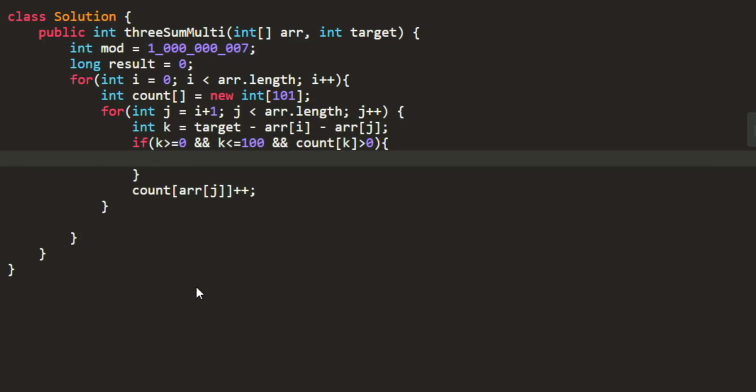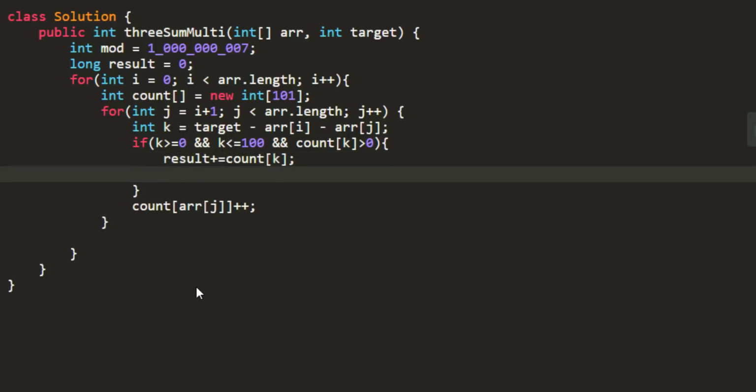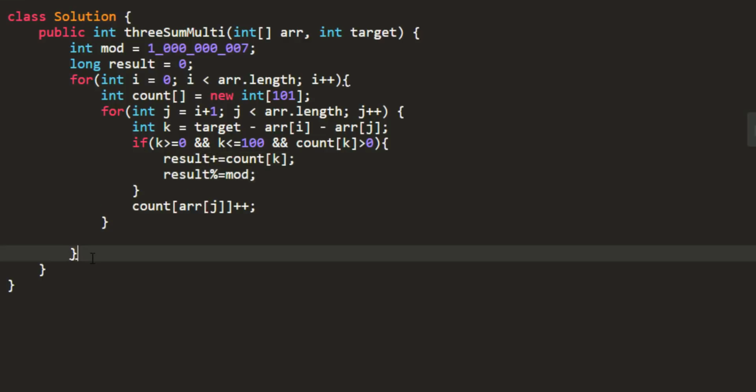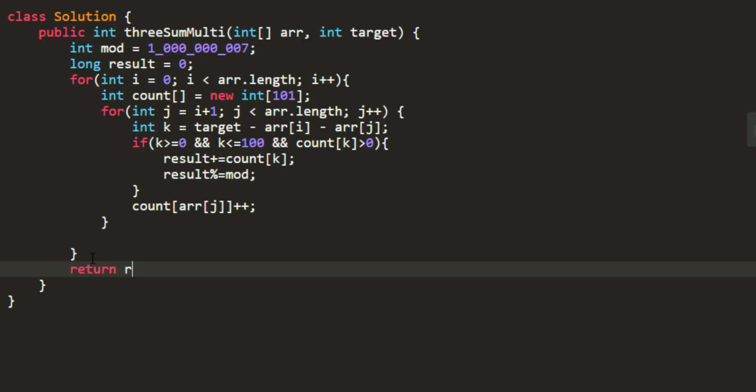In that case, my result becomes result plus count of k, and since we need to do a mod, result equals result mod the mod value. So that's it. This would add all the combinations in the result and finally I can just return the result.